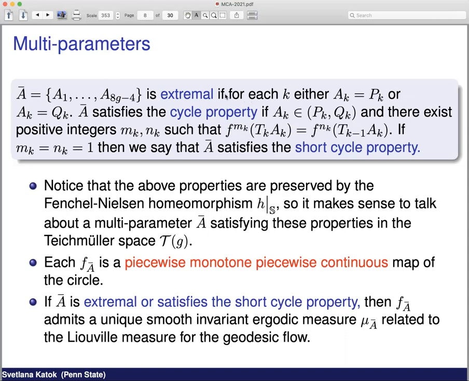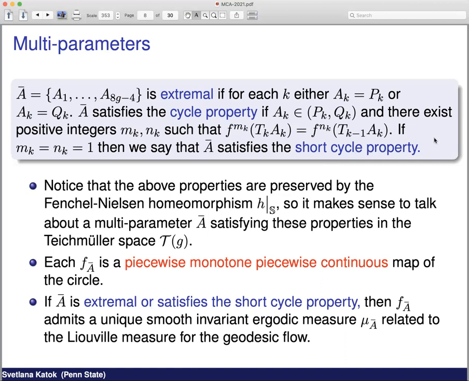Now, if you have extremal, just like P or Q, you don't have a cycle property, but you get some kind of cyclicity. It's some kind of eventually periodic, okay? Because it's a kind of border case, okay? Now, if both MK and NK are equal to 1, then we say that A satisfies the short cycle property,